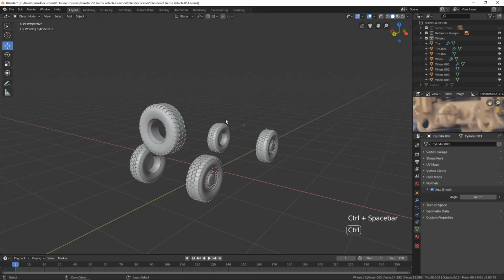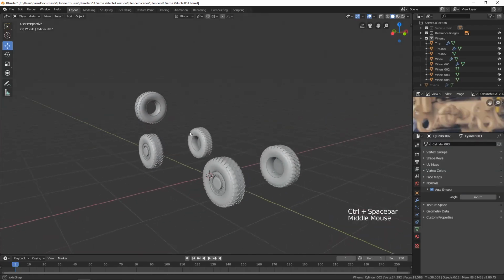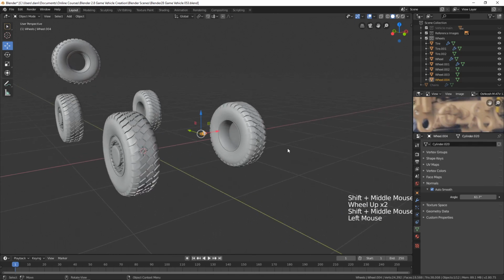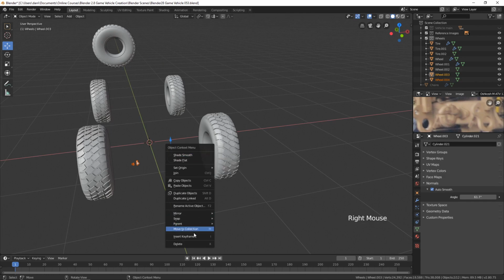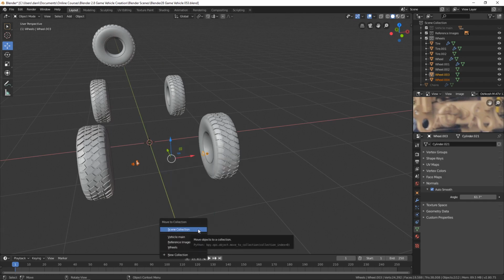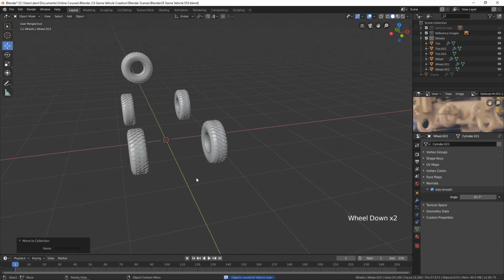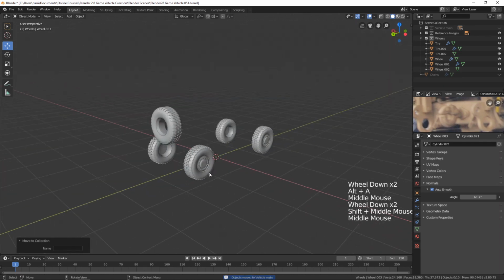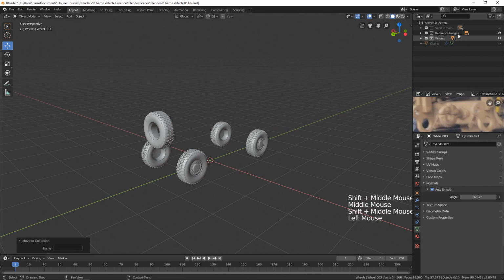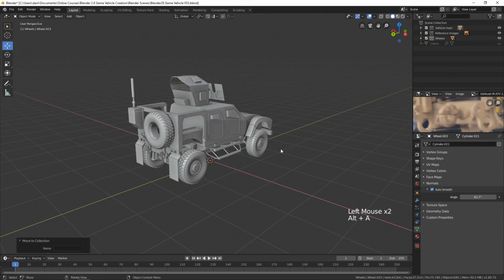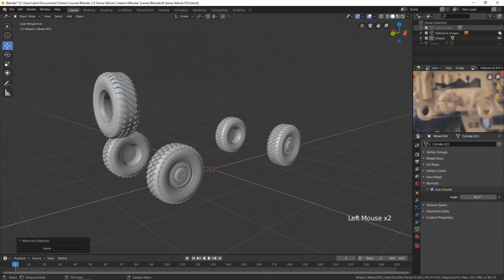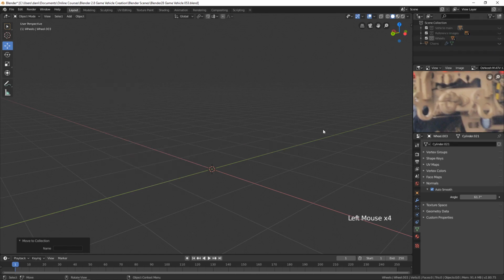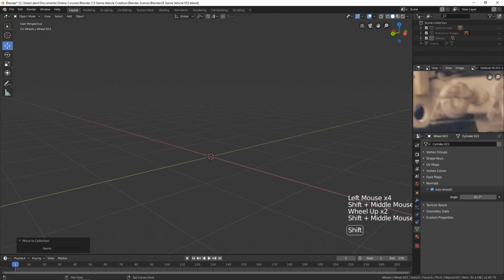Well, let's try Control Spacebar. And yeah, almost. There's this and this. So let's just right click here and go to Move to Collection, and then we'll choose vehicle main. There we go. All right, so we have our tires and wheels in one collection and our vehicle main in another. That's good because I think I'm going to need to hide everything to work on this. So let's hide the vehicle main and the reference images and the wheels,